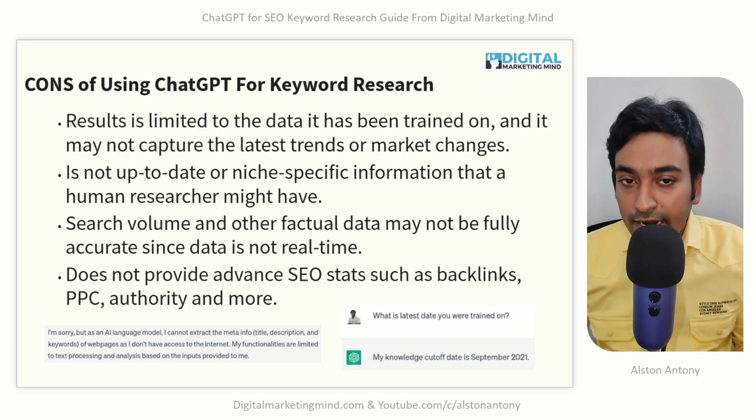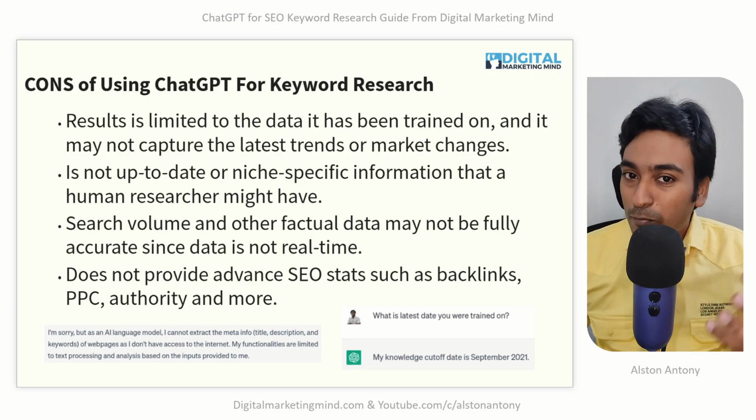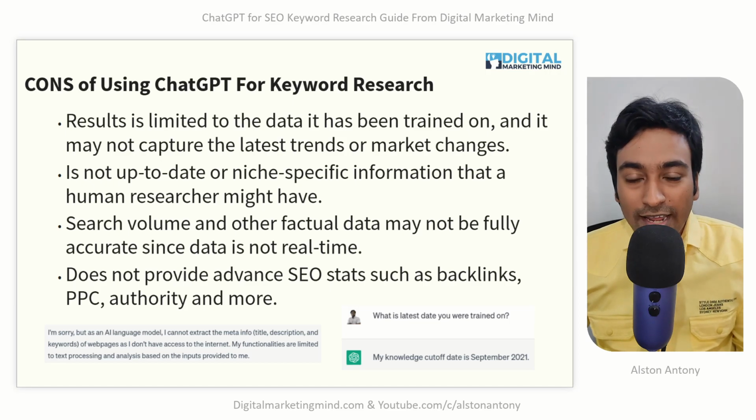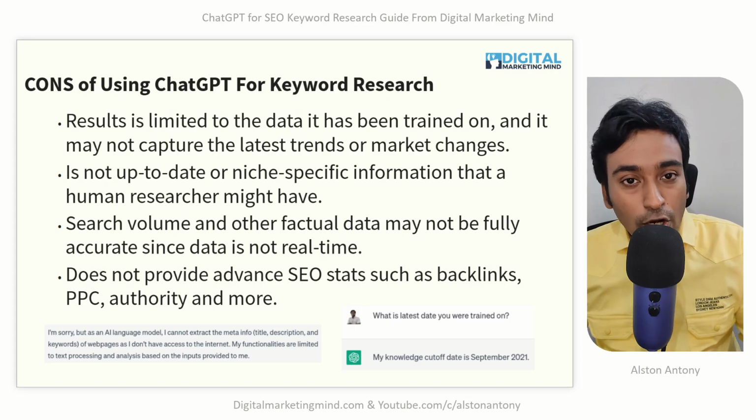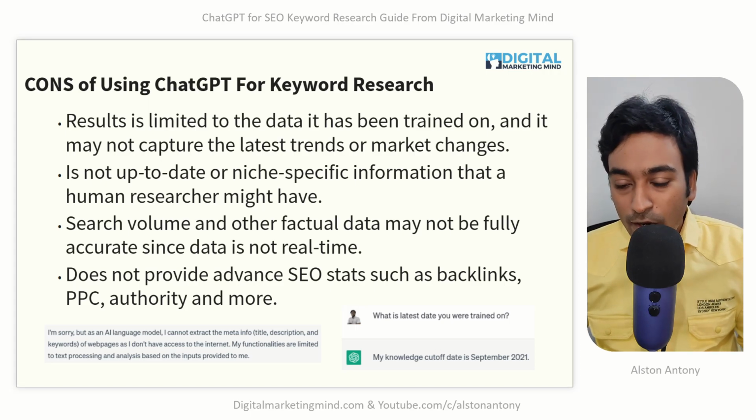Sometimes ChatGPT can guess or estimate. That is a pro, but it is also a con. Like I explained with the pro, it is good on the creative side. The bad thing is that the data cannot be factual, or it might not be accurate. So it's a pro and a con as well.